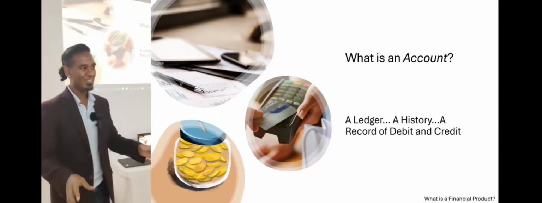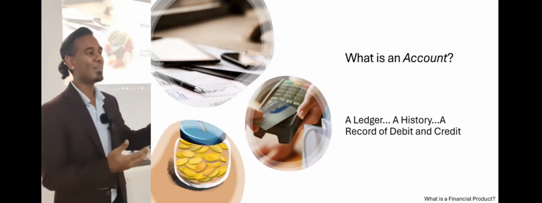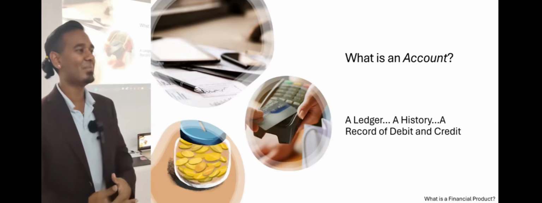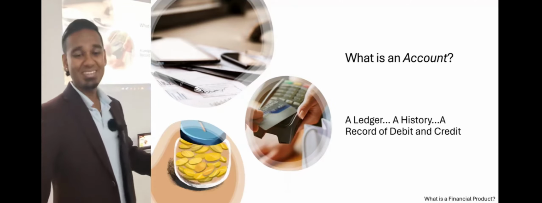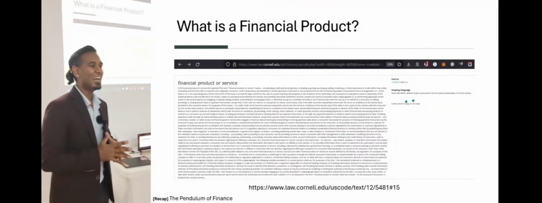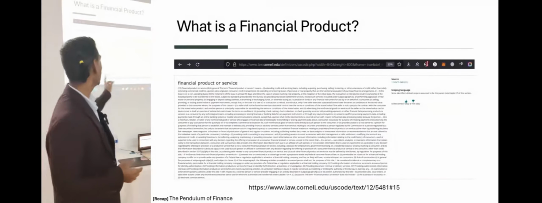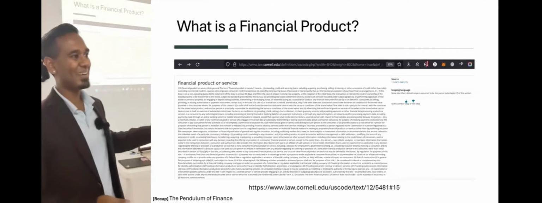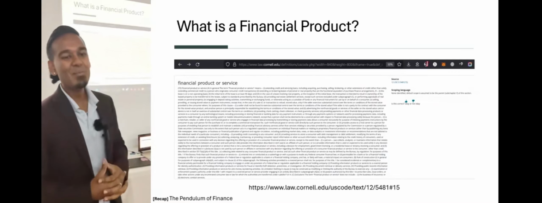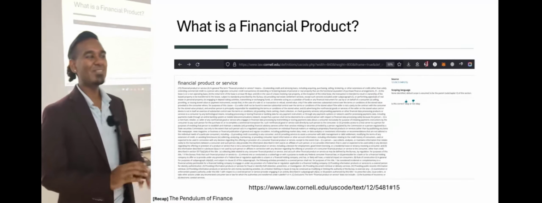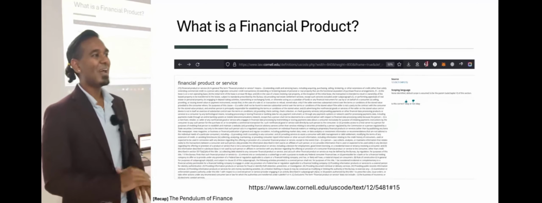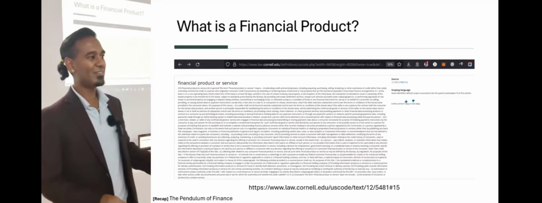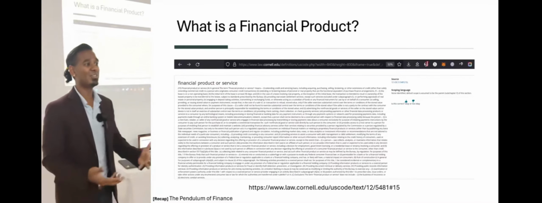But what I want to differentiate is the account is just the way of understanding the evolution of a financial product or financial asset over time. And the reason I'm making the distinction is because if you look at US tax law, this is the definition of a financial product or service. You can find it, there's a link at the bottom of the actual tax code that this is pulled from. But the point to bring up here is that financial products are pretty complicated, and we use a lot of terminology interchangeably that should probably not be interchanged, so that you understand more of what you're dealing with.